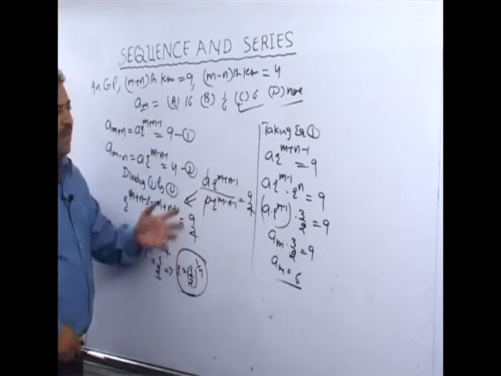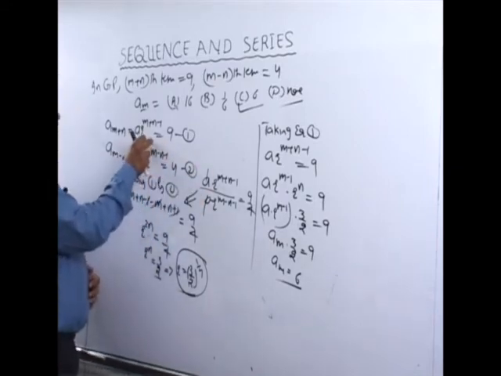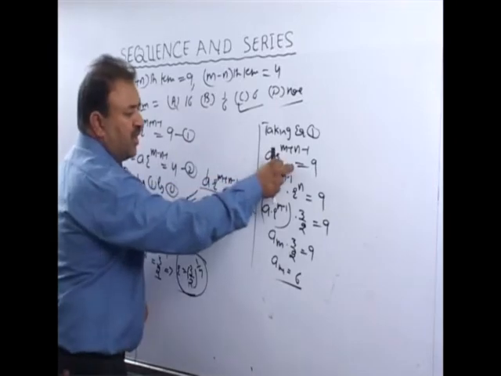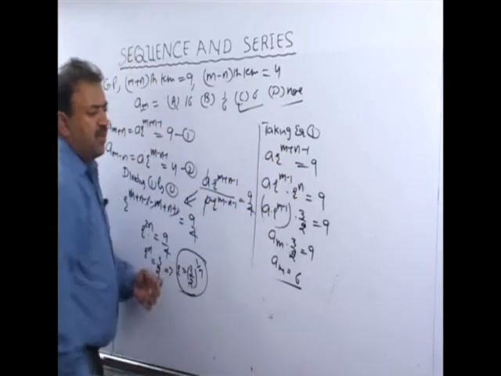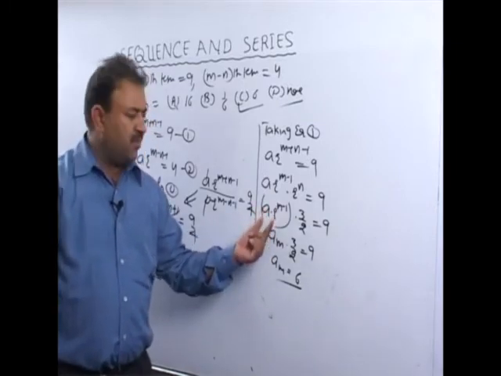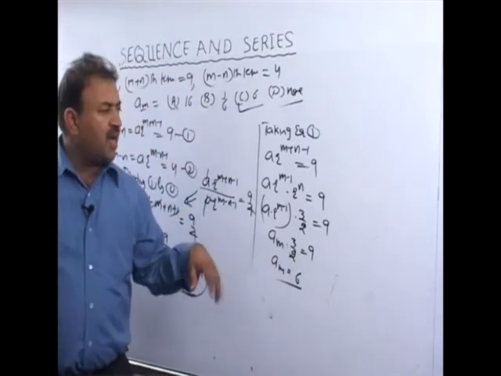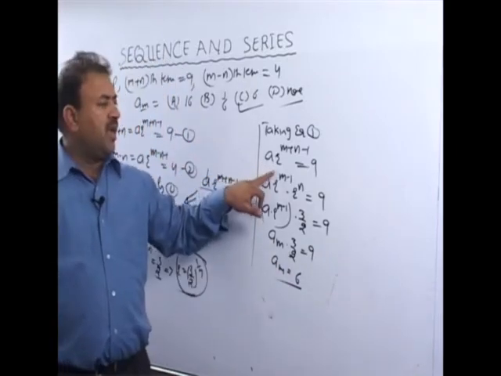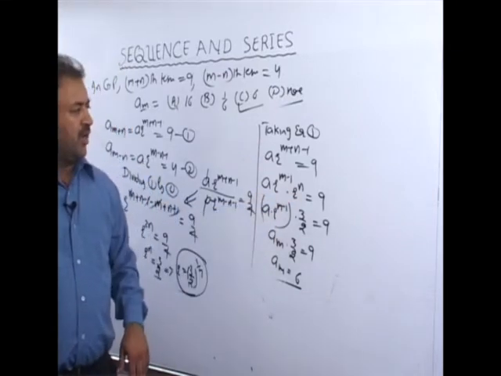What we have to remember is, in these questions what do we do? We take it from here: ar^(m+n-1), we took it from here. ar^(m-1) is what, into r^n. Here how much did the mth term come out to be? The mth term comes out to be 6. Suppose we have to find the nth term, then I will take this: ar^(n-1) r^m will come, and then we proceed accordingly.